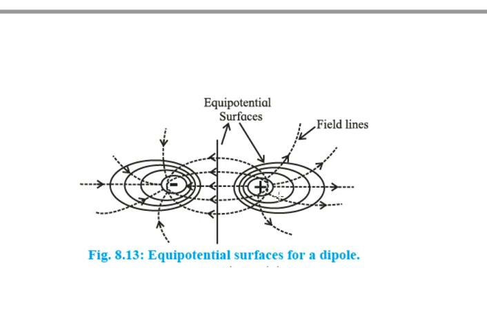The same goes for this charge also. Here the electric field is very strong, so these circles are closer, and here the electric field becomes weaker, so the distance between the circles is increasing, right? Because to get a constant potential, it depends upon E and dr. If E is becoming weaker, then the distance must be greater, and vice versa.